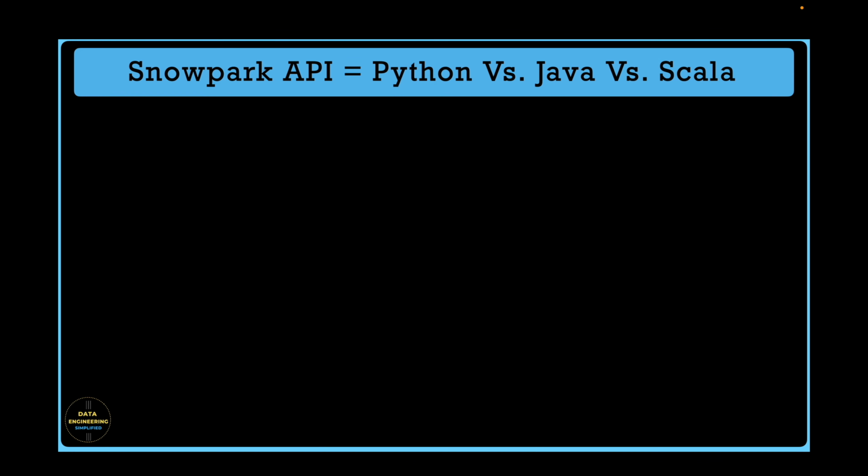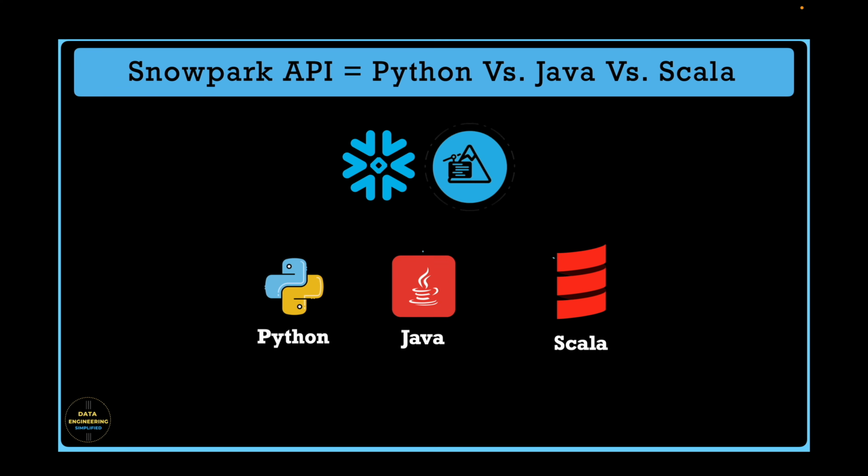We all know that Snowpark API can be used in three programming languages: Python, Java, and Scala. And if you have been following this Snowpark Python playlist so far, you will have an obvious question. Why do I need to know more about other programming languages support for Snowpark? Yes, you are right. And this is not a hands-on guide to show how to code in Java or Scala